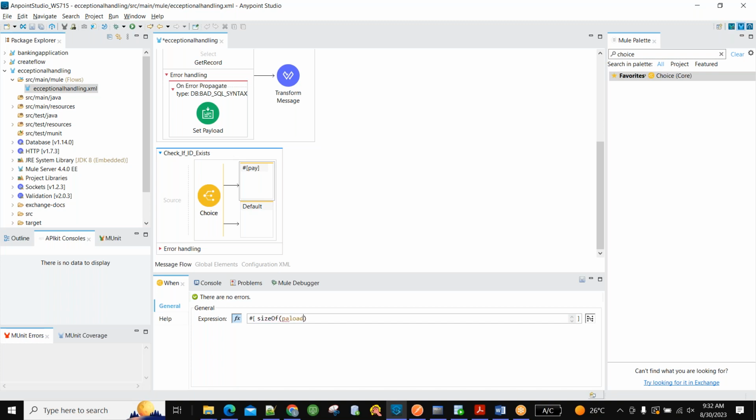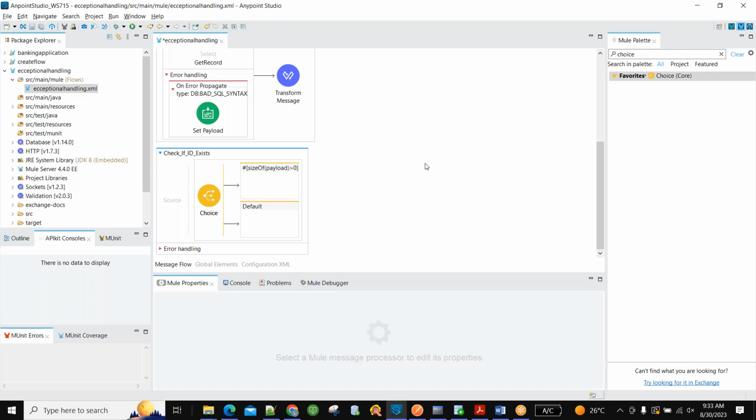Size of payload, in the sense, if payload is greater than, so I'm checking, if the record is not there, the size will be 0. Okay, if size of payload is greater than 0,